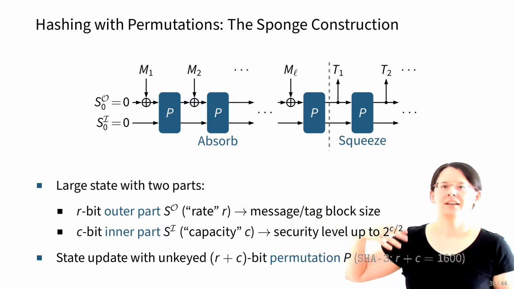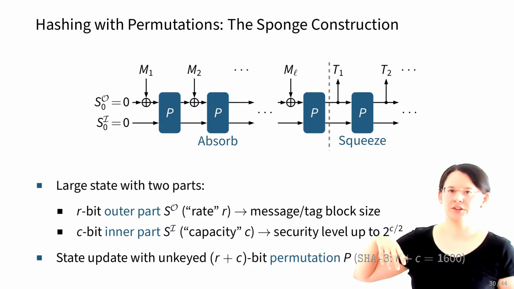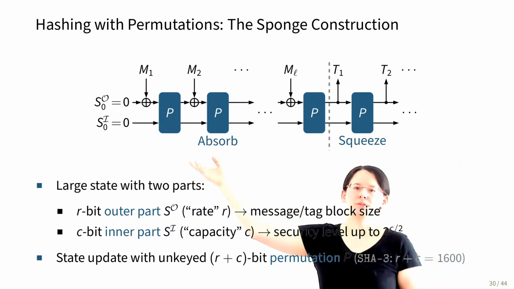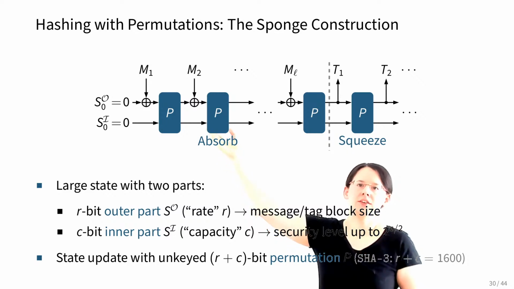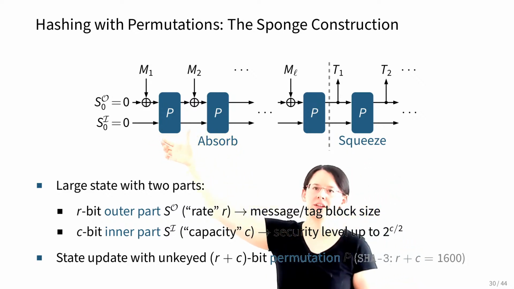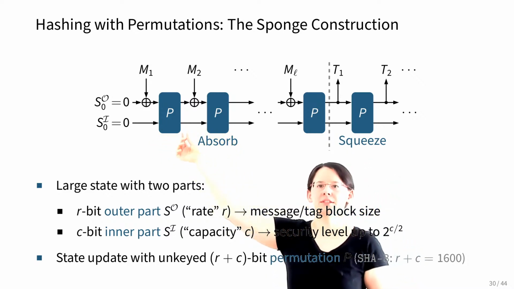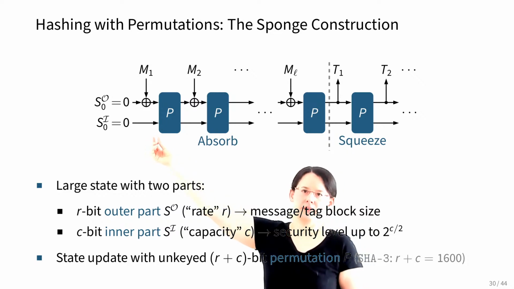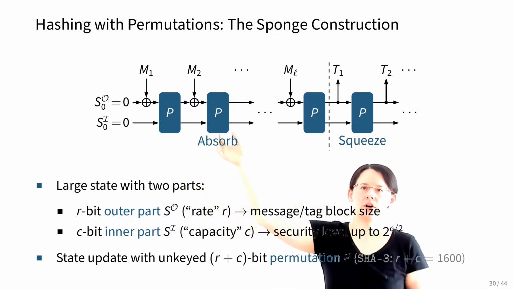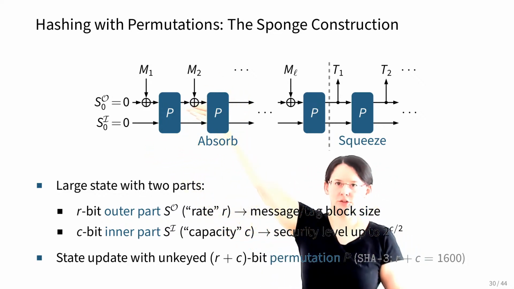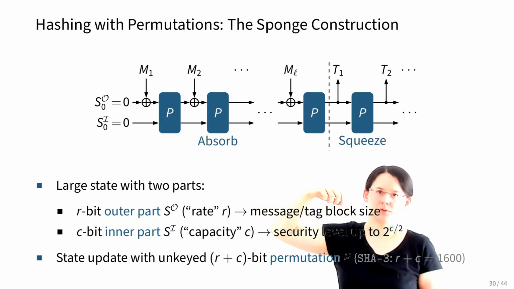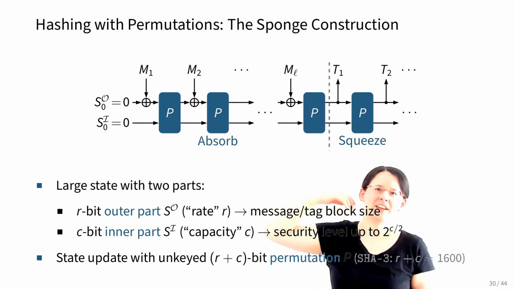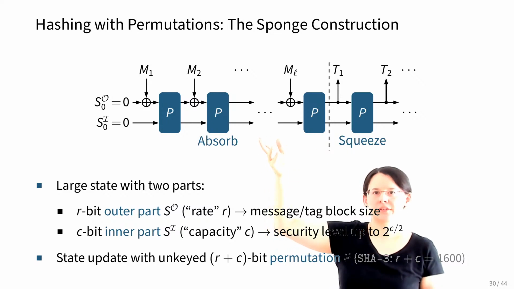And this is the basic idea of the construction. It first absorbs the message. You see here that unlike the compression function, the output is the same size as the input of the function. And in between the calls, we always XOR in the message blocks, apply the permutation, XOR in, and so on. So this is the absorbing phase, where the idea is a bit similar as in the Merkle-Damgård construction, but